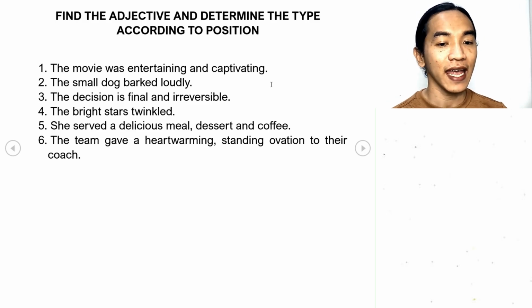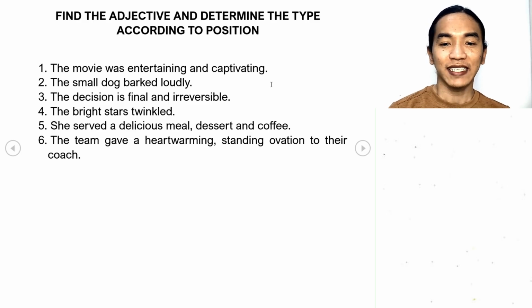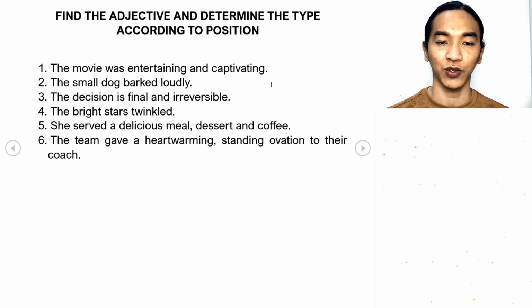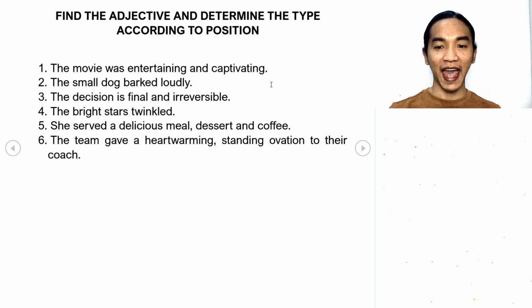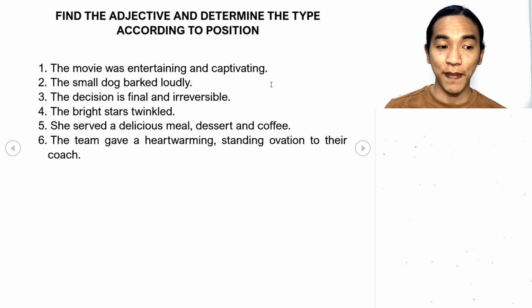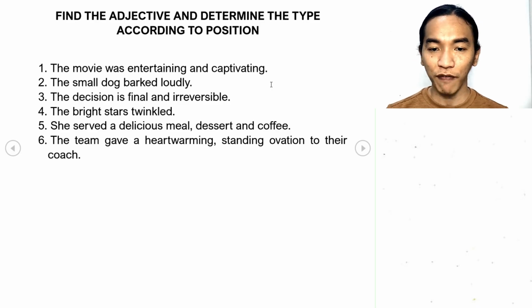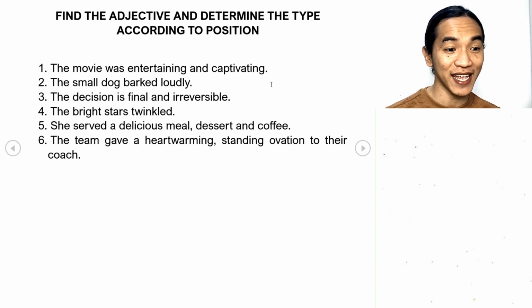Nice one. And the last one here is the team gave a heartwarming standing ovation to their coach. What is the adjective? Heartwarming. Okay, and this is attributive adjective because it is before the noun it modifies. Very good. So I think based on that exercise, you fully understand different types of our adjectives based on their